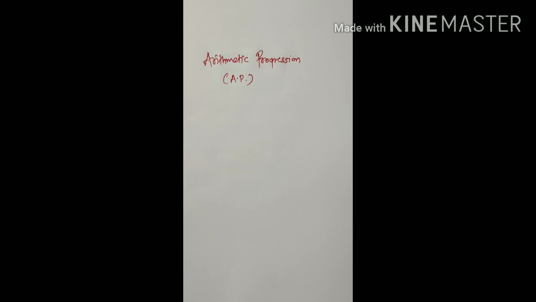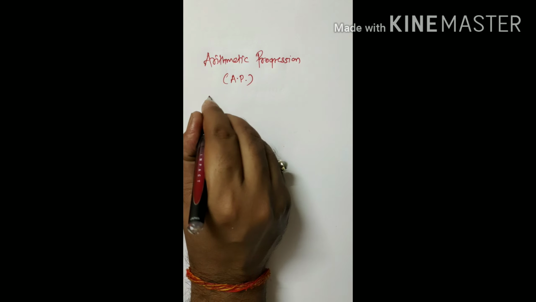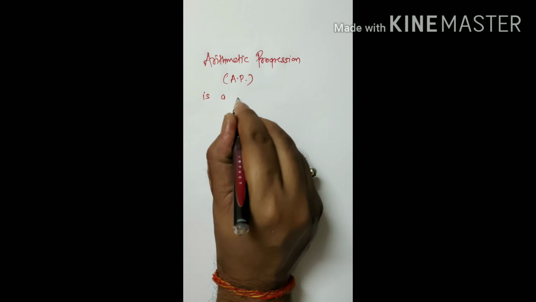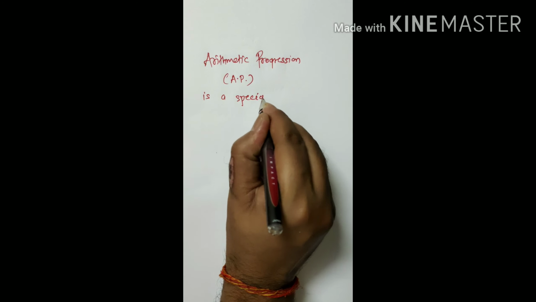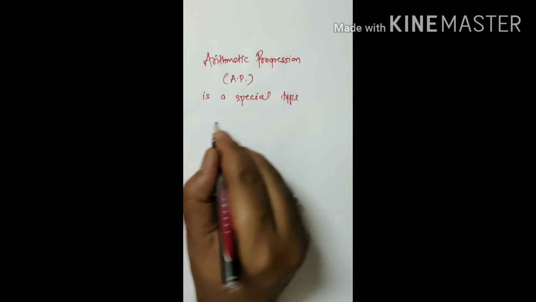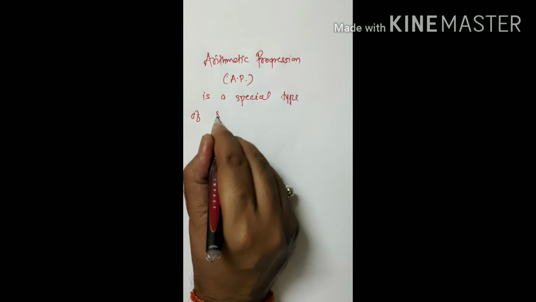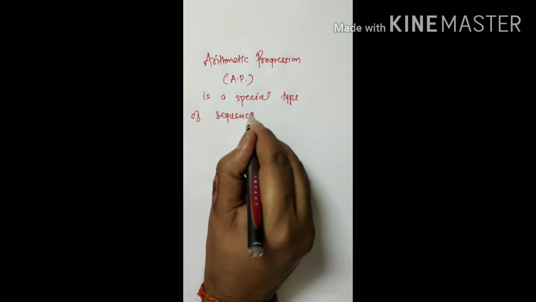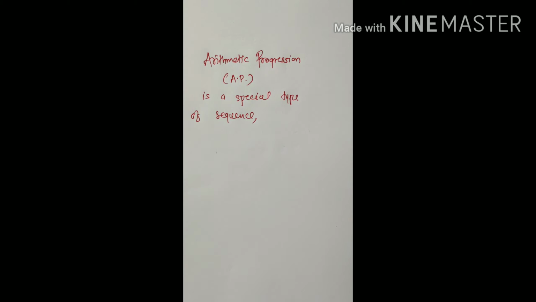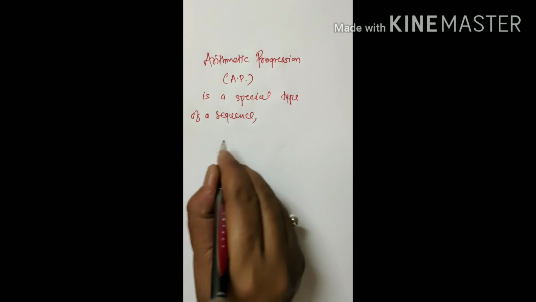So arithmetic progression is a special type of sequence. Okay, student. Arithmetic progression is a special type of sequence where